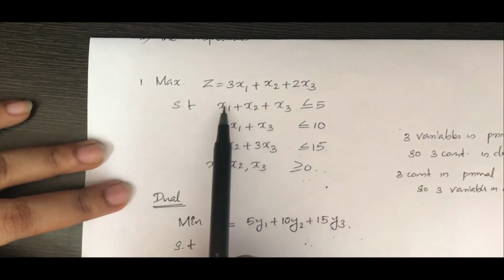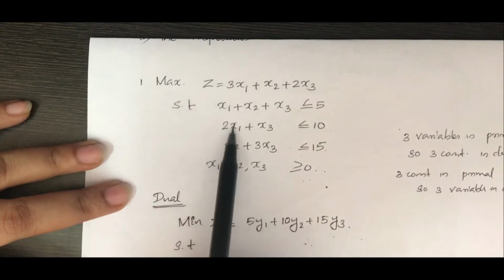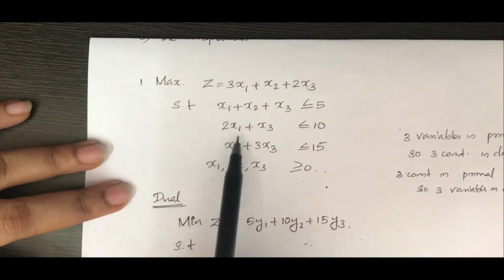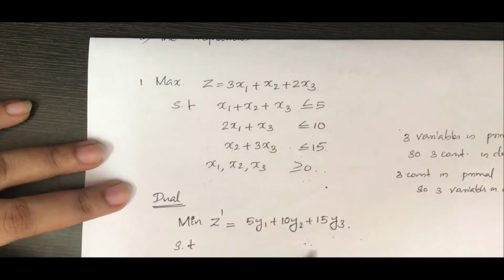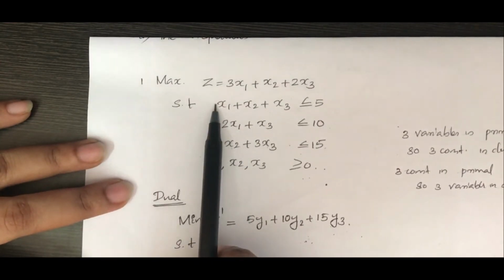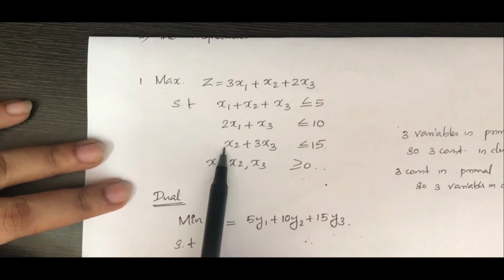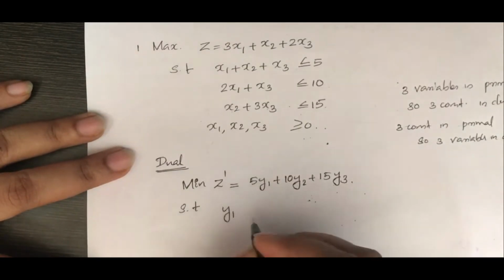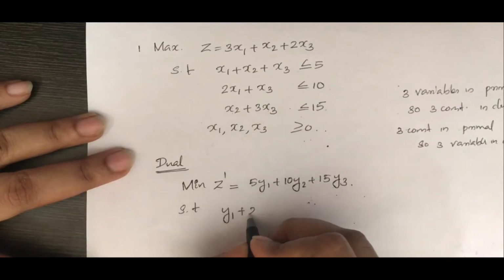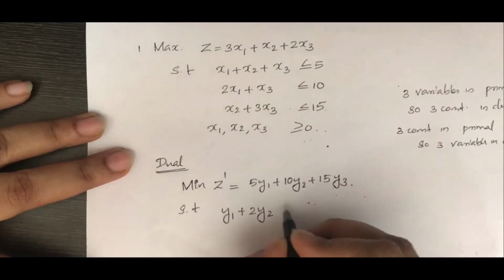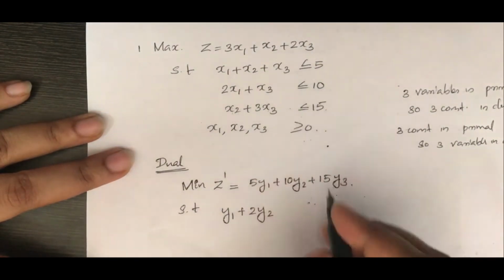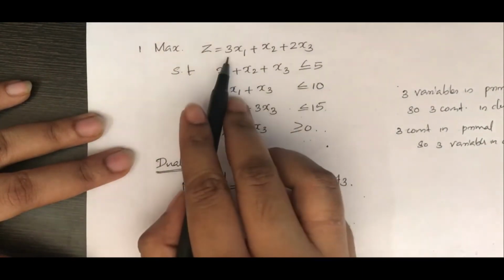What will be the coefficients? The coefficients of x1 in all the constraints will be the coefficients of the first constraint. Here it is 1, here it is 2, here it is 0. So 1y1 plus 2y2, 0y3 means no need to write, should be greater than or equal to